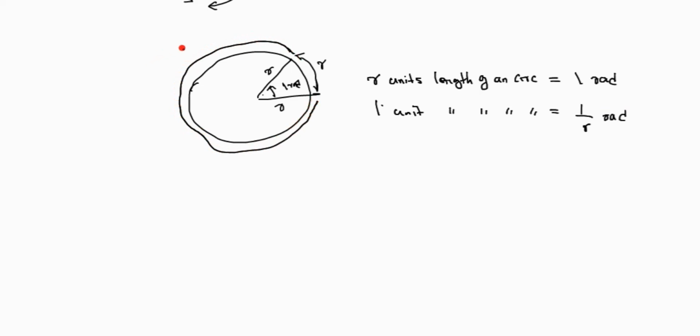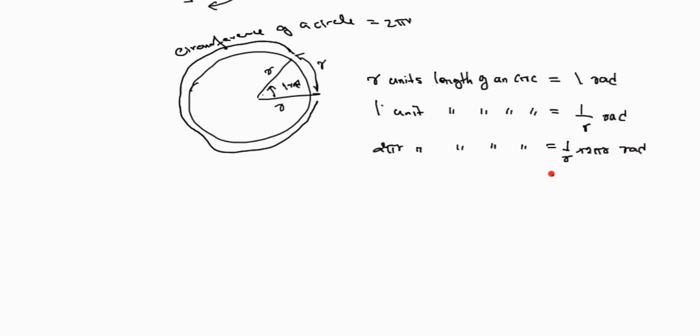Okay, we know that the length of this arc is the circumference of a circle, which is equal to 2 pi r. So what will be the angle subtended by 2 pi r, or the circumference of a circle, or the whole length of an arc? So 2 pi r units will subtend an angle of 1 by r into 2 pi r